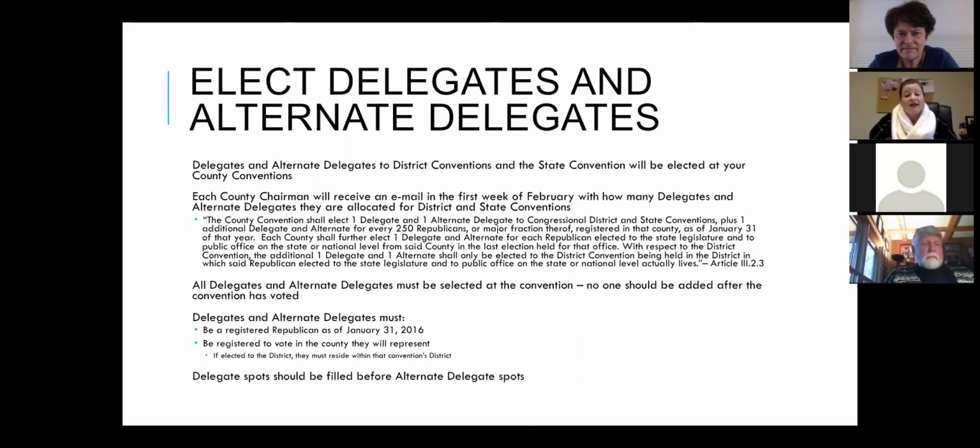You do have one automatic delegate, and then you get an additional delegate for every 250 Republicans or major fraction added on to that. And then you also get one delegate and one alternate delegate for each Republican member elected to the state legislature or to public office on the state or national level. And then that additional delegate for an elected official, for the district conventions, applies to the district that they actually reside in. So that will help many of you have some extra delegates and alternates to your district conventions and the state